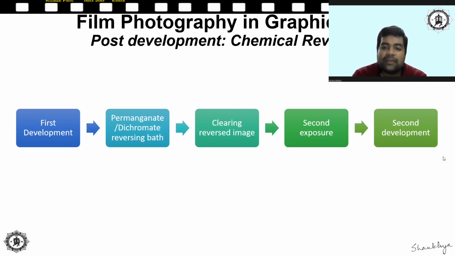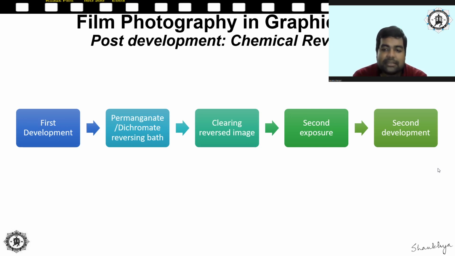Next, the reversal processing to create a positive image is possible due to the fact that most emulsions contain a percentage of silver grains that at normal exposure levels remain unaffected by both light and development. By developing the normally exposed silver grains and then bleaching them away, it is possible to redevelop the formerly undeveloped grains that remain to create a positive image.